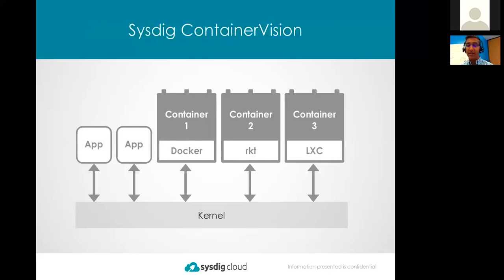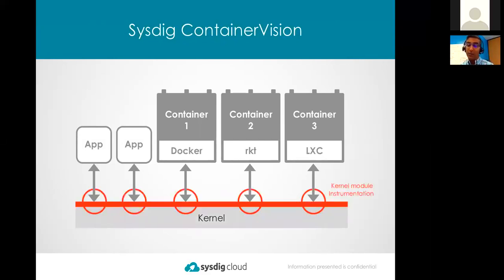So take this hypothetical environment. We've got a Docker container, a Rocket container, LXC running here, a couple of non-containerized apps, and they're all communicating with the host. They're passing system calls, and the kernel of the host is trying to pass those off as necessary to the right resources. What Sysdig does when it's deployed is deploy a kernel module. By deploying that kernel module, we can transparently see every single system call that every container is making. More importantly, we can see the system calls that the applications running inside the container are making.